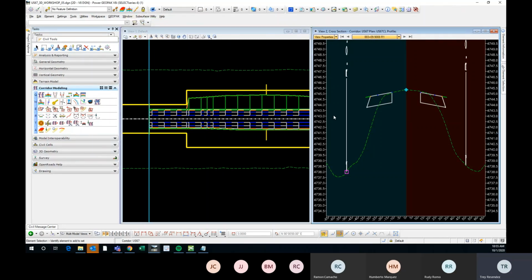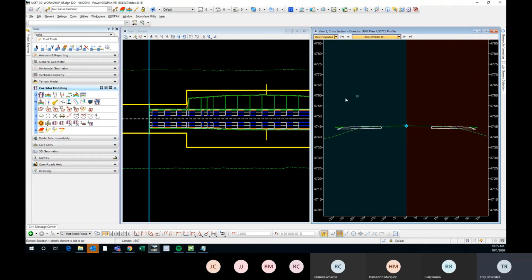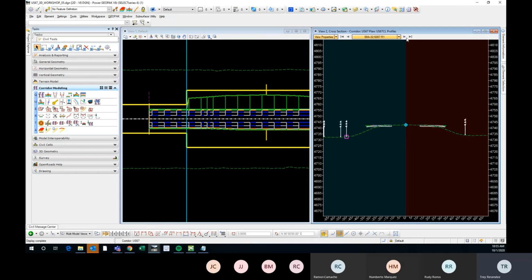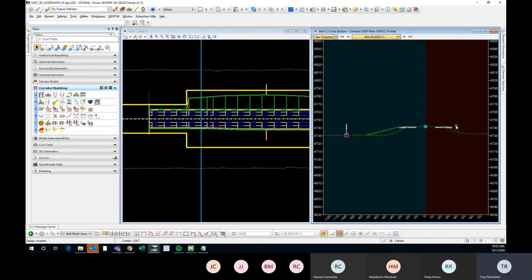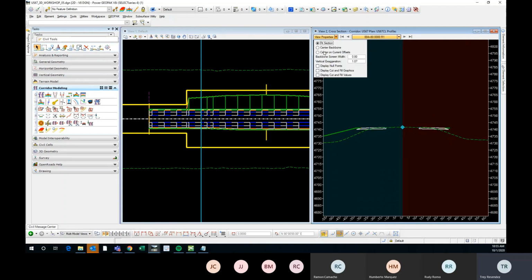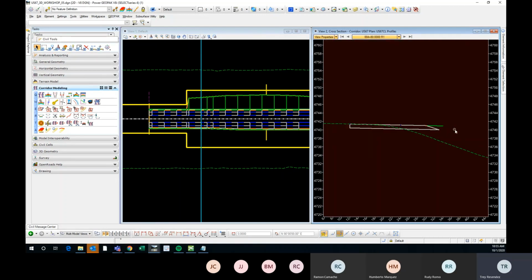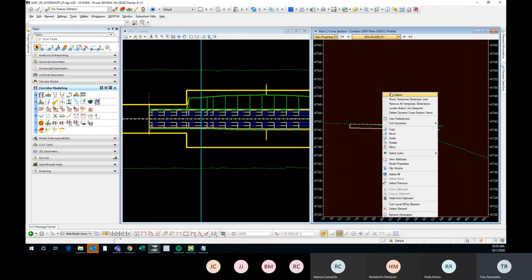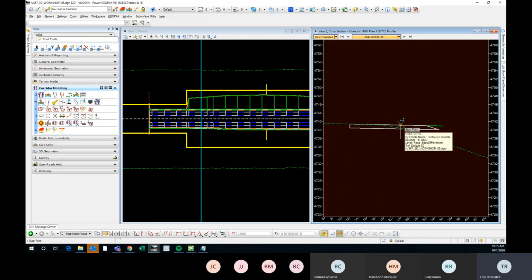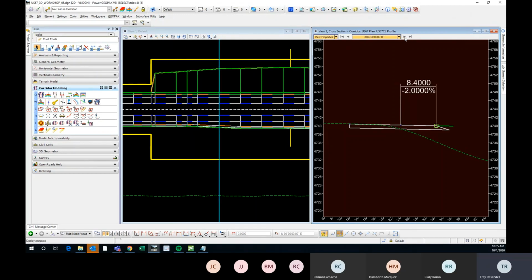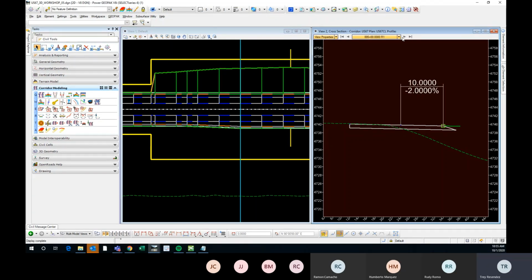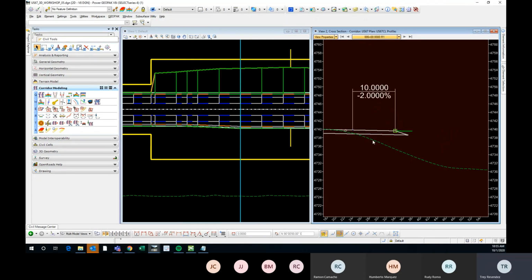So if we go to our section that we just modified, we can see, and we use center on current offset. So if we zoom into this side and we place a dimension on our shoulder, then we can see what happens here. So if we scroll through, then we see our shoulder widening,